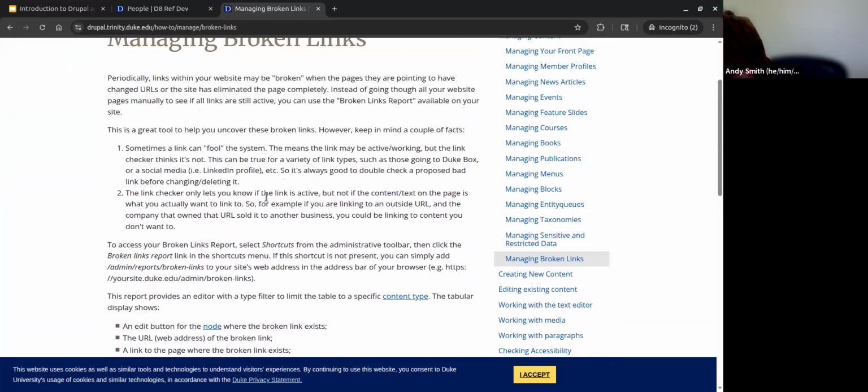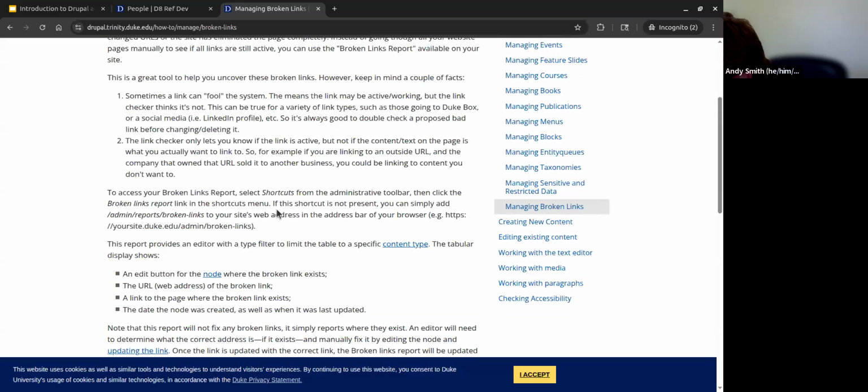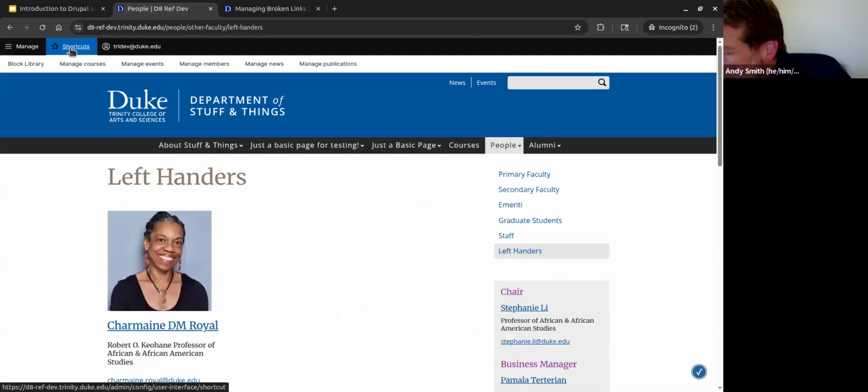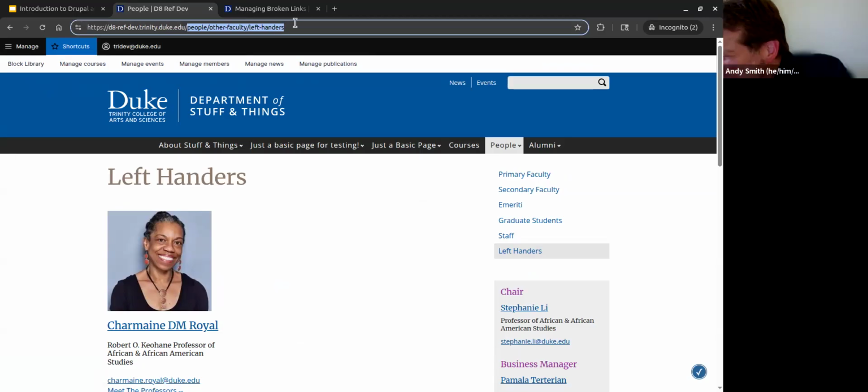Here we go. When you're logged in and you go to your shortcuts, there should be a broken links report menu item in here. If there isn't, all you need to do is add